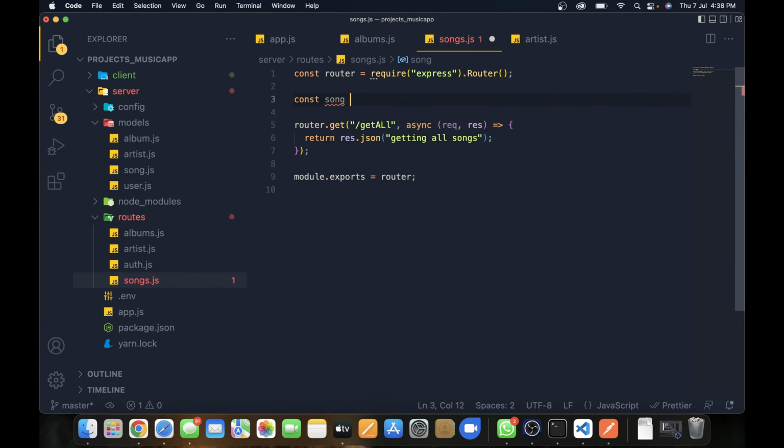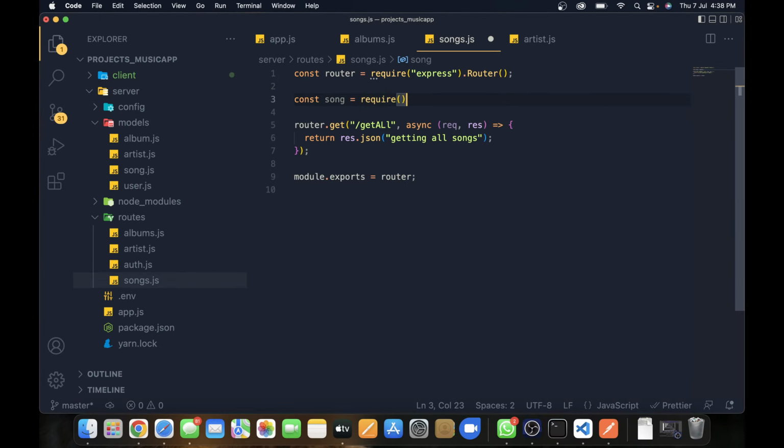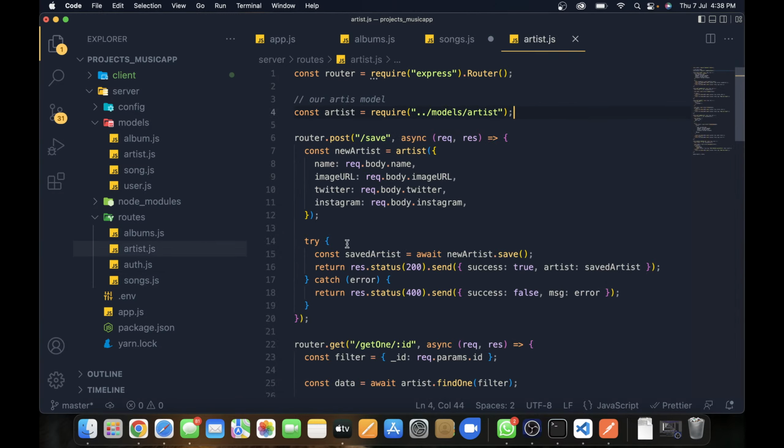Const song is equal to require $/model/song. So we got our models now in our hand. So let me delete this. We don't need this. Delete it. And then go here, copy it,